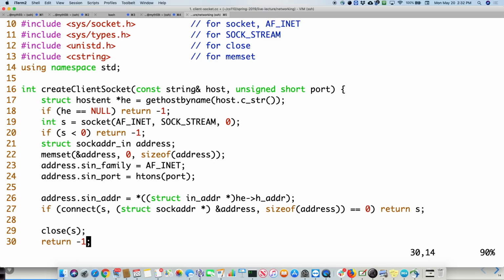Yeah, so I noticed when we're setting the SIN address field, we don't need to do any endian converting. Is that just a quirky thing? I was hoping nobody would ask that question. Very good point. In this case, you don't have to do the endianness. I think because, let me think about this.